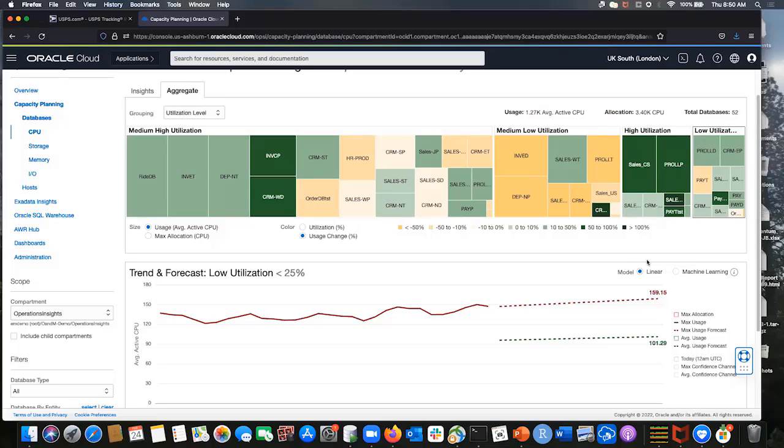So that's a very cool thing. You can see we have medium low utilization databases, but 2 of them are growing, one of them very quickly, and many of them are shrinking. So the ones that are shrinking are probably good candidates for liberating CPU from. The ones that are growing, well, they're low utilization, but they're growing, so leave them alone, right? So these are the kinds of thought processes that